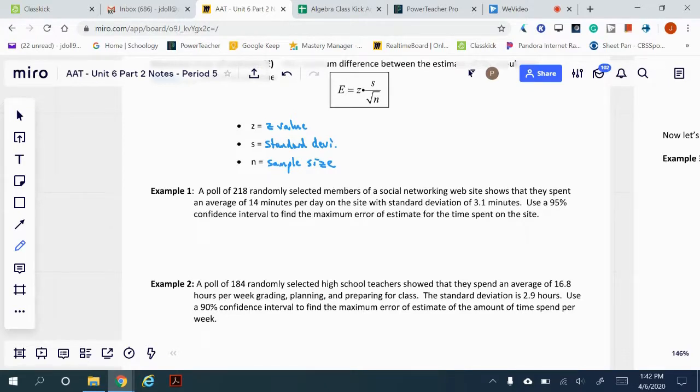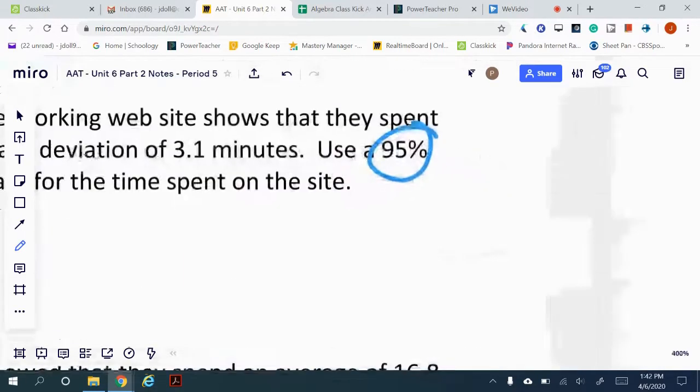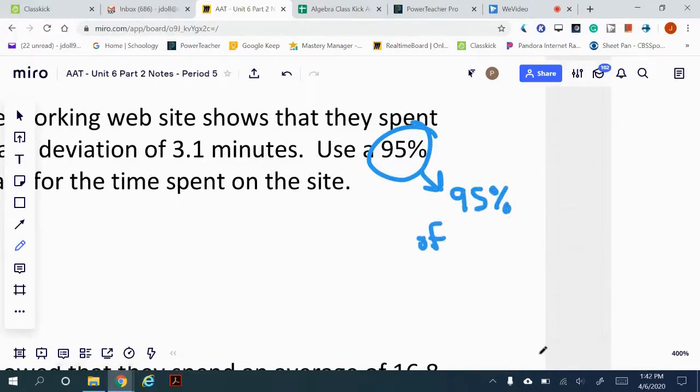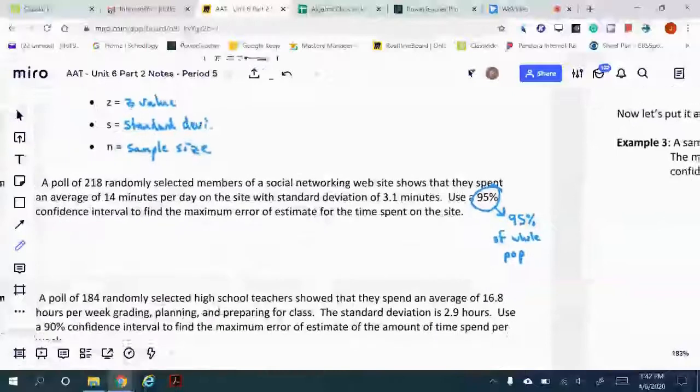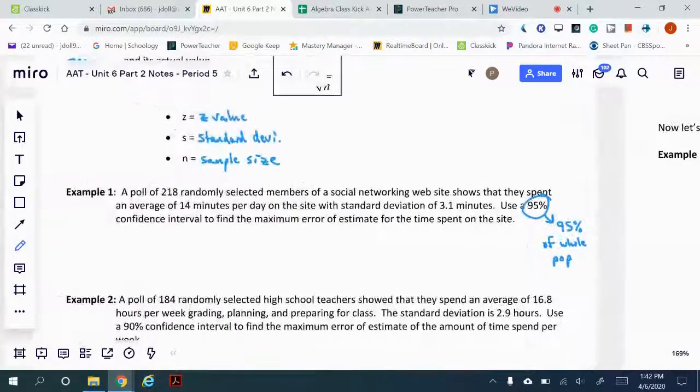What we want to know is what level of confidence, how far, what's the interval if we want to expect 95% of the entire population using this data here, right? So when we see 95%, what we're talking about is 95% of the whole population. All right, that's kind of how we want to think about that, that we're including